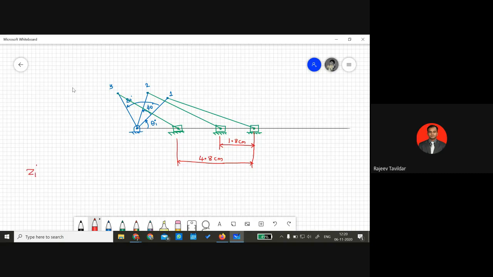It says that Z1 square should be equal to Z1 K1 cos of theta 2 plus K2 sine of theta 2 plus K3. This is the Freudenstein's equation. Can we use this equation? We know all the values of theta 2. What about Z1? Do we know the values of Z1?